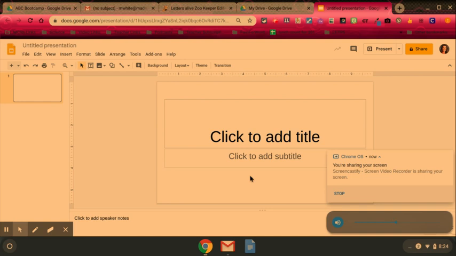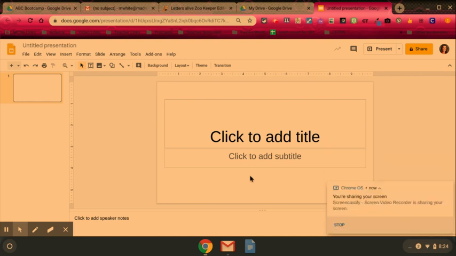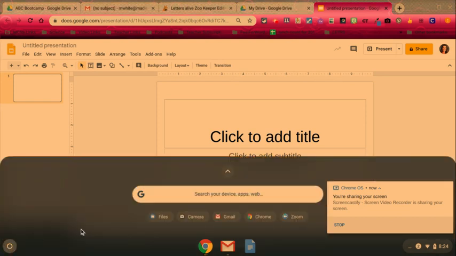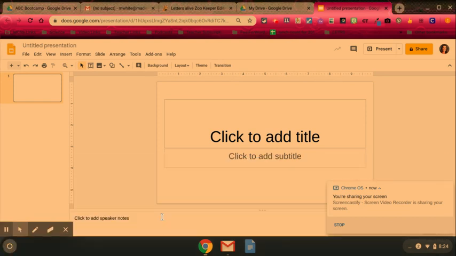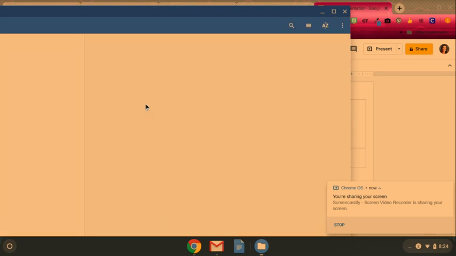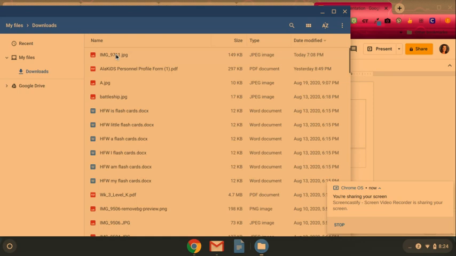Hey everybody, I'm going to show you real quick how to make a worksheet or an activity that you have into something digital that the kids can use. So Miss Smith had sent me a copy of a sheet that she wanted to use. So I downloaded it onto the computer, and it's a JPEG, and it needs to be a JPEG or a